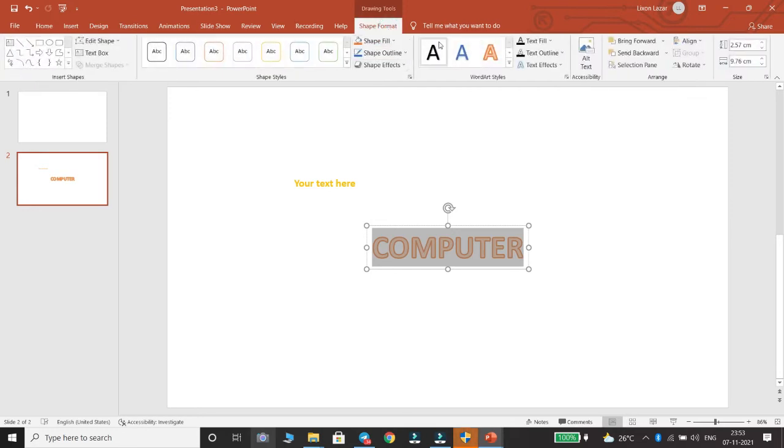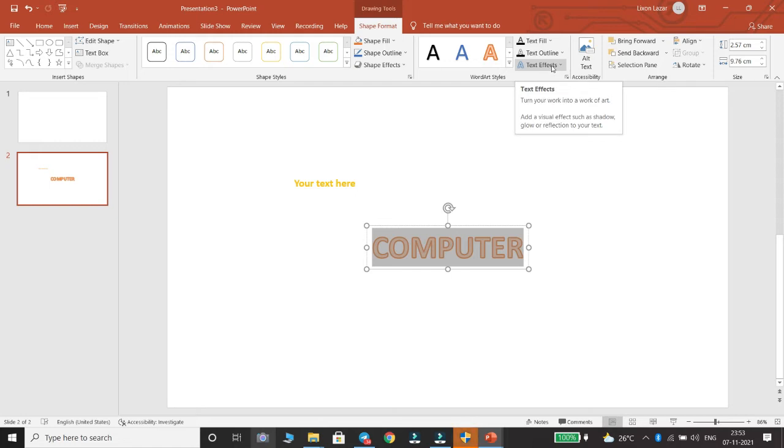Step 3, click on the drop down arrow next to the commands Text Fill, Text Outline, Text Effect. You can see 3 commands: Text Fill, Text Outline, Text Effect.